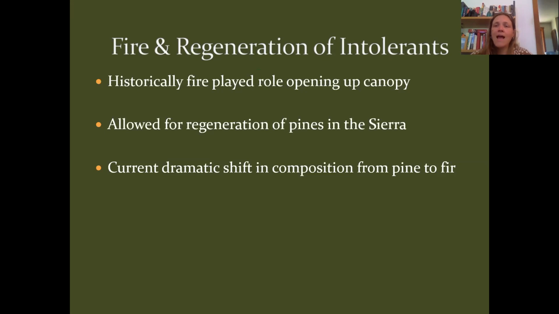So currently, as we've worked really hard to suppress fire in an effort to protect forest resources, or at least we thought we were trying to protect forest resources, right? We don't want to burn down the inventory of trees we have, and of course to protect homes and communities. We've worked really hard to put fire out, and in the process, we've really limited the light access to the forest floor. And so you're having a lot of regeneration of fir in the forest, these tolerant species, and not a lot of regeneration of pine species, which historically were much more dominant in our forest.